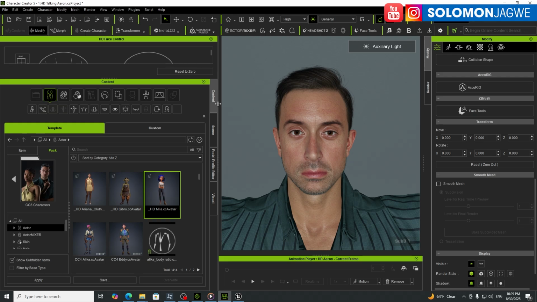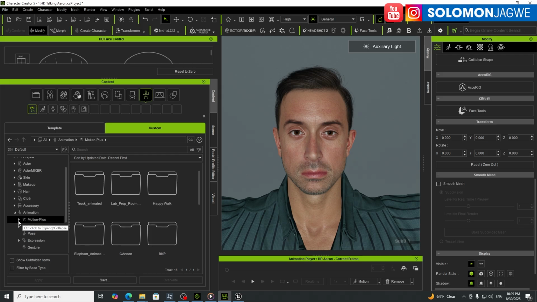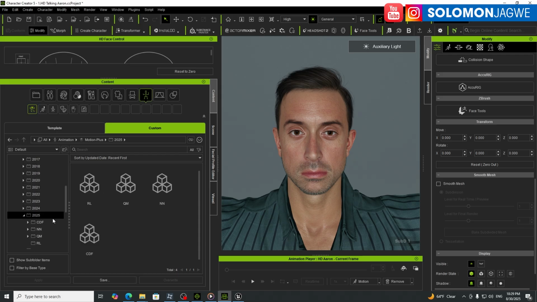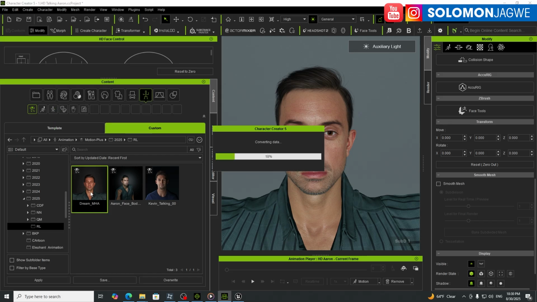Then go to content over here, go to the custom tab, and then go to animation over here, go to Motion Plus, all the way down, go to 2025, and we're going to go to Reallusion, and there's our Dream MHA. So double click on it. And wait for it to load. And once it's done, we'll be able to play back, and it should have the facial animation together with the